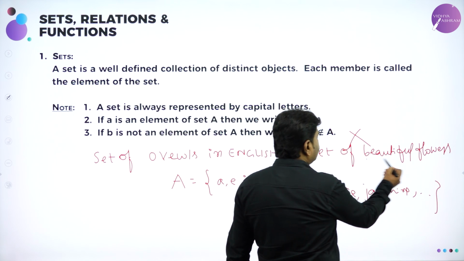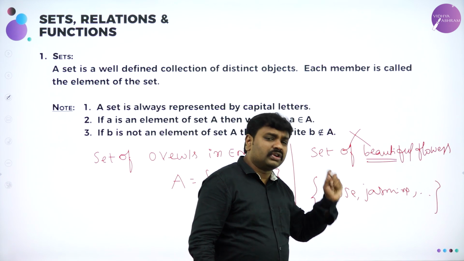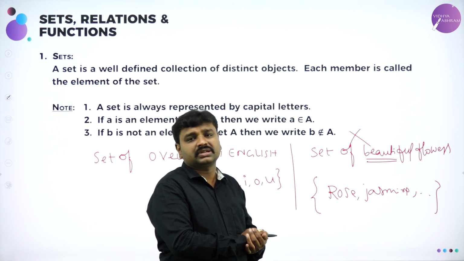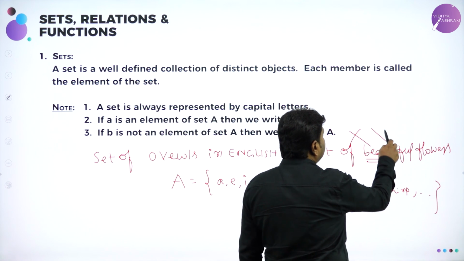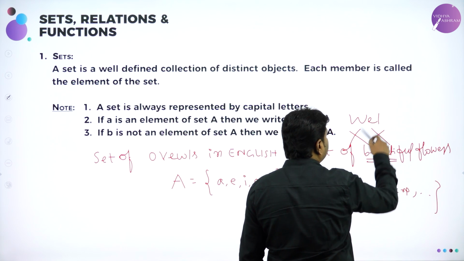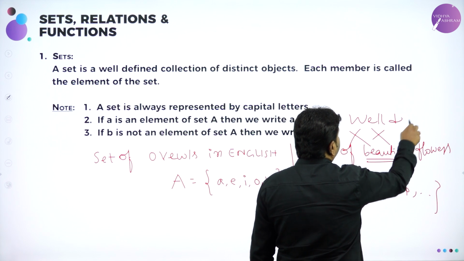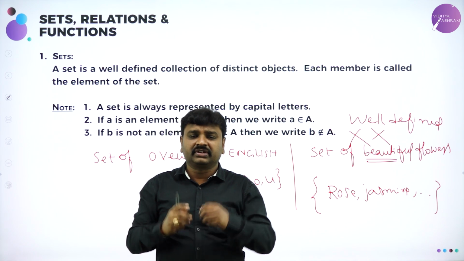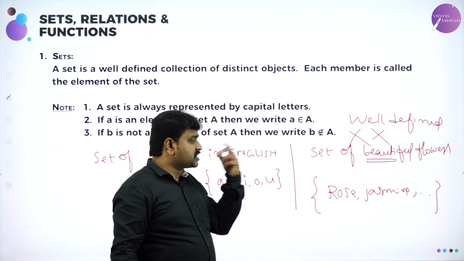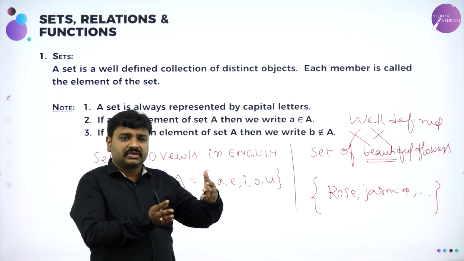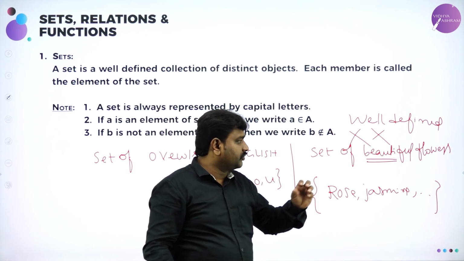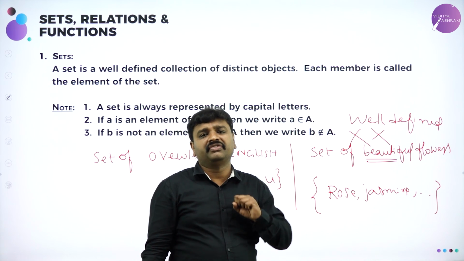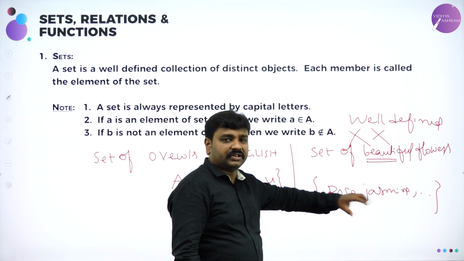Beautiful is one's appeal, or one's opinion. For some people, something is beautiful. So this is not well defined. It's not universally accepted. I also told you, the set of talented cricket players, or the set of best batsmen. For some people, someone may be best. So when I use words like beautiful, best, interesting, all these things will not be well defined. Therefore, they do not form a set.